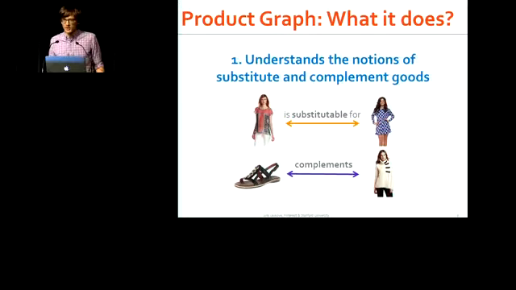Why do we want to do this? Here are four reasons why you may want to do this. The first one is, if you want to make good recommendations, you need to understand the things you are recommending, right? You need to understand how they relate to each other. So by inferring the relationships, you really understand the notion of substitutes and complementary goods, and you are able to